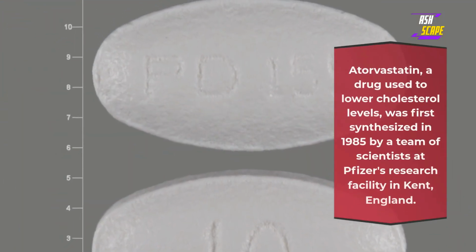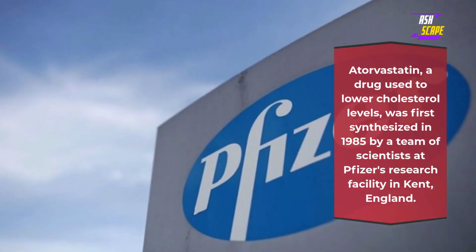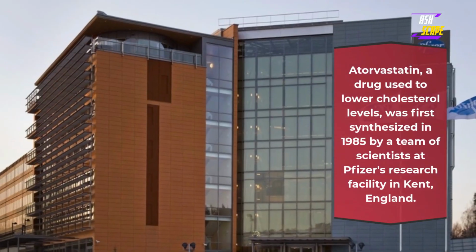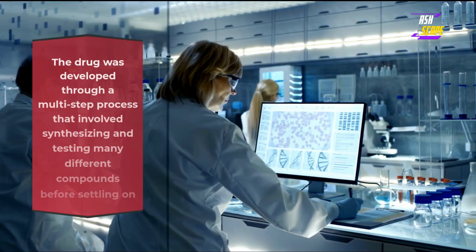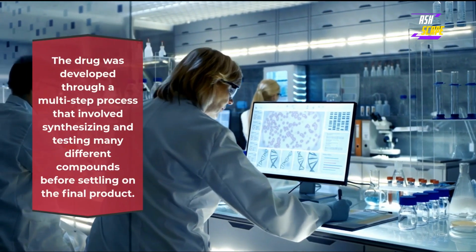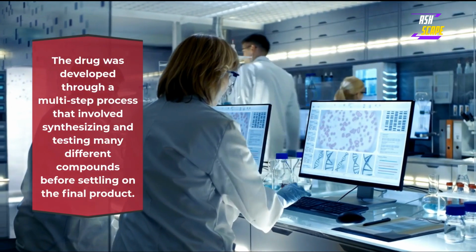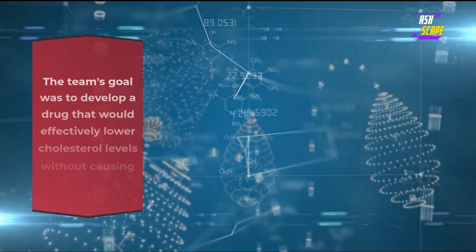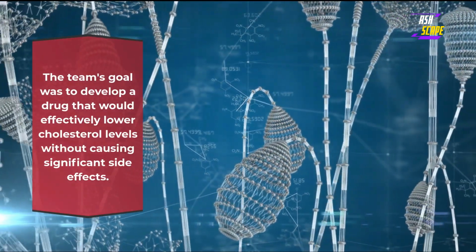Atorvastatin, a drug used to lower cholesterol levels, was first synthesized in 1985 by a team of scientists at Pfizer's research facility in Kent, England. The drug was developed through a multi-step process that involved synthesizing and testing many different compounds before settling on the final product. The team's goal was to develop a drug that would effectively lower cholesterol levels without causing significant side